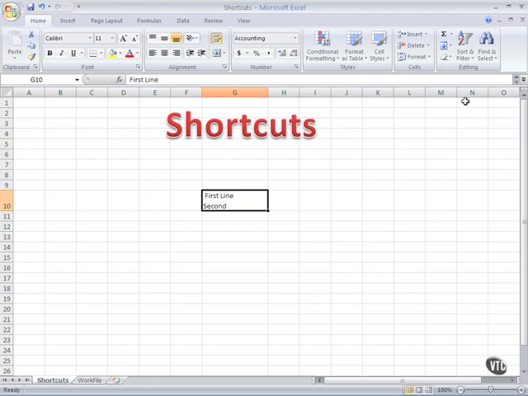Now, as we work with our shortcuts, of course, all of the basic shortcuts are available within Excel. They're very easy to remember also, because most of them start with the first letter of the word. For instance, if I'd like my title now to be in bold, I'll go to Control and B for bold. If I'd like italics, Control and I for italics. Notice the changes right on the screen. I'd also like you to notice that on the ribbon, I have turned on the bold and the italics function. When working with the shortcuts, I'm actually toggling these features on and off, and I can see them right on